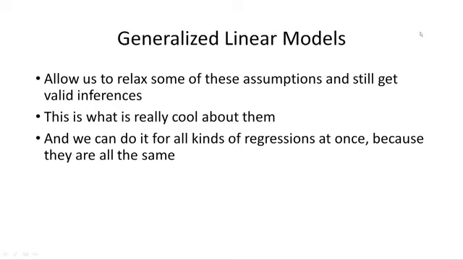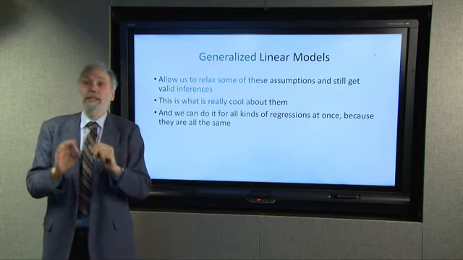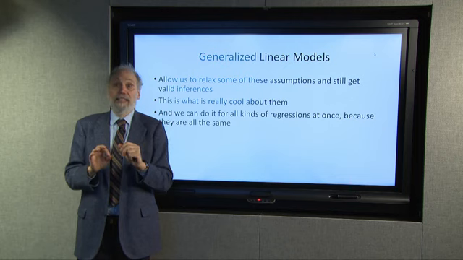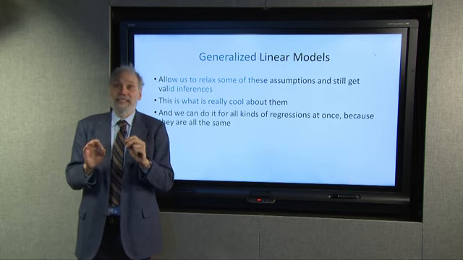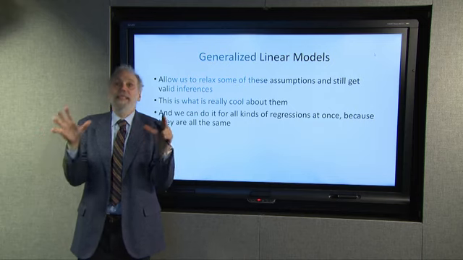Generalized linear models give us an opportunity to relax these assumptions and get valid inferences. They let us do that for all the different kinds of regressions we have. They let us substitute one generalized linear model for another when it's more appropriate, and they let us relax even the assumption that I know what the distribution of the data looks like and still get valid inferences. And they can do it for all these different kinds of regressions because they're a happy